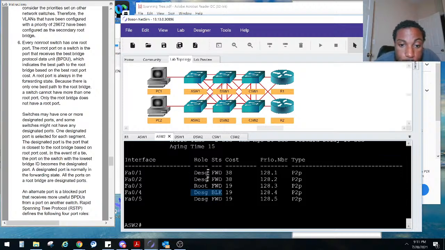So we have a couple designated ports there. So designated port is normally in the forwarding state. All the ports on the root bridge are designated ports. Now here's a funny one right here. This one's designated, but it's also blocking. So the designated port concept kind of confuses me sometimes. But anyways,